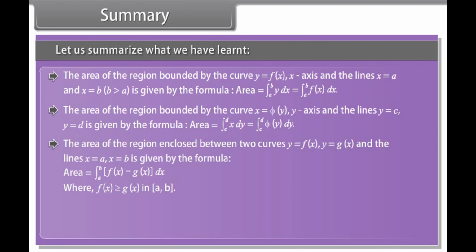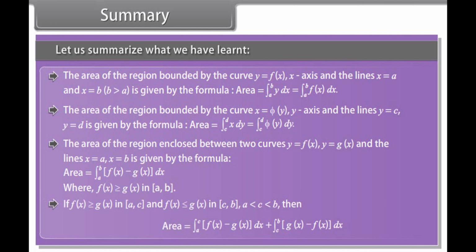The area of the region enclosed between two curves y equals f of x and y equals g of x, and the lines x equals a and x equals b, is given by the formula given below. If f of x is greater than or equal to g of x in (a, c), and f of x is less than or equal to g of x in (c, b), a less than c less than b, then area can be formulated as